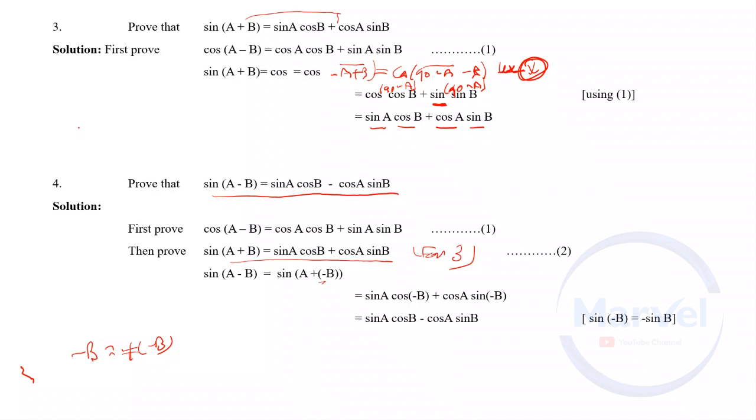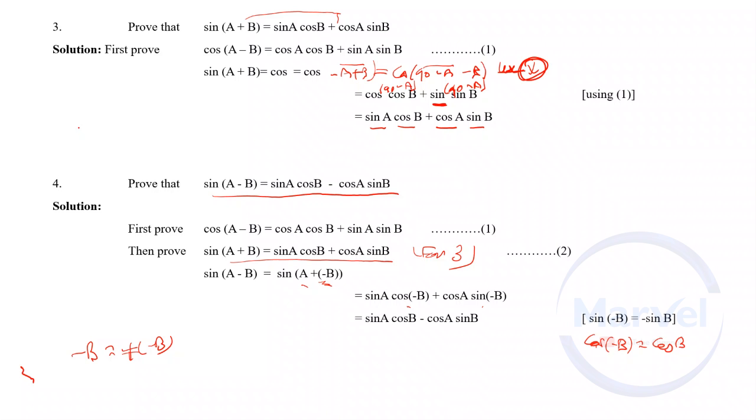Different function, same sign. Sin A cos of minus B plus cos A sin of minus B. This is first angle and this is second angle. Sin of first angle cos of minus B plus cos of A sin of minus B. Cos of minus theta is cos theta. So here also cos of minus B equal to cos B. So four basic formulas are proved.